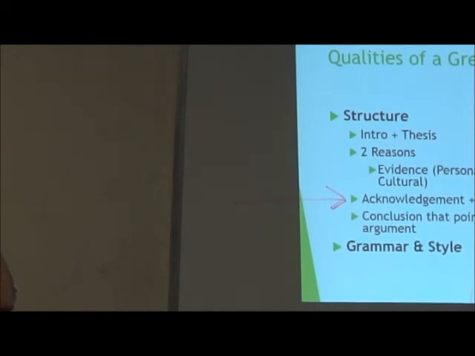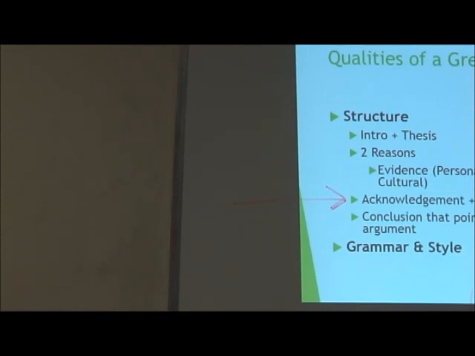So you always want to acknowledge that there is another side, because if you're just like, I'm the only one who's right and there's no reason why anyone would think the other way, then why are you debating this in the first place, right? If they're asking the question, it's controversial, which means there is an opponent to your argument, and you have to address that to make a good argument. So you should have an acknowledgement.